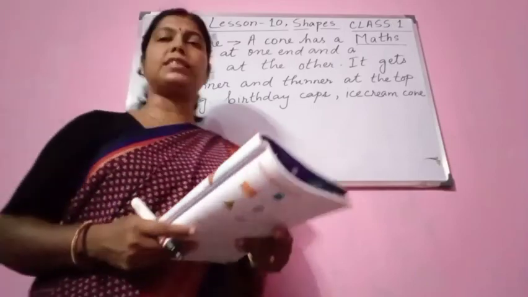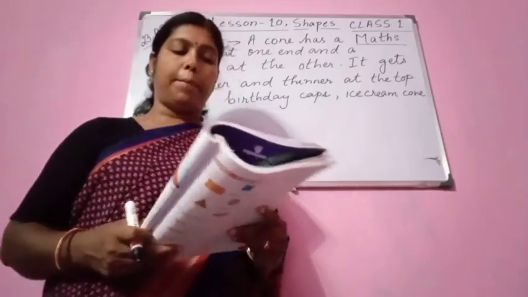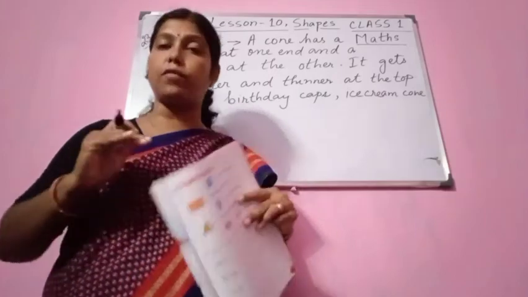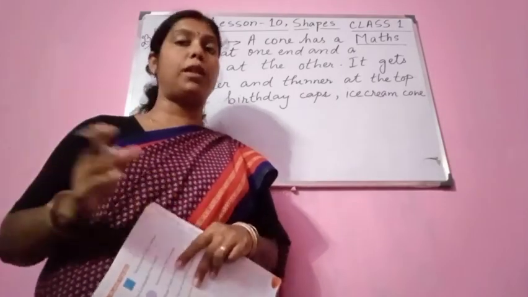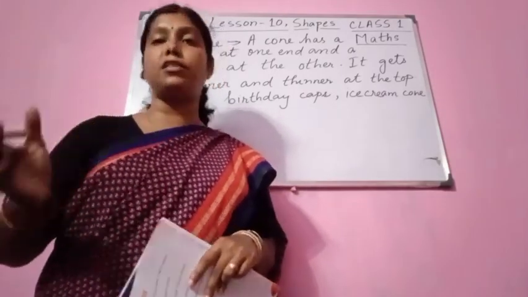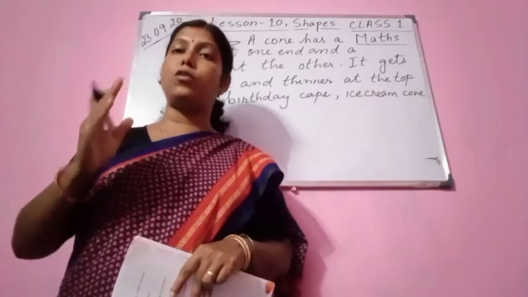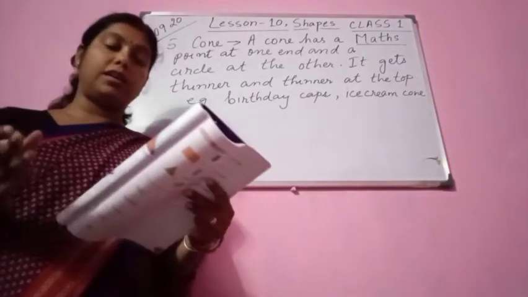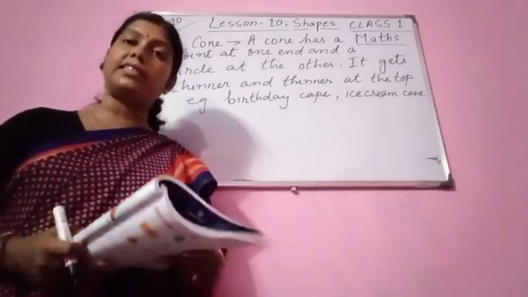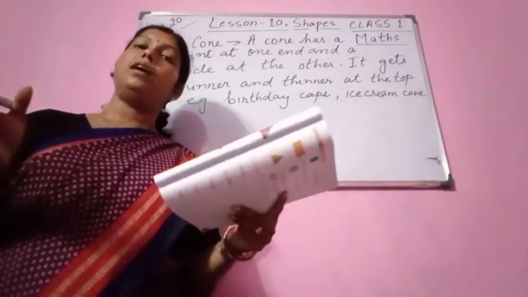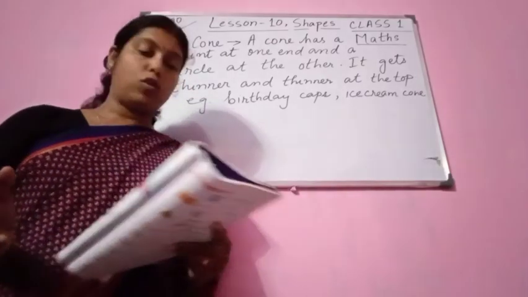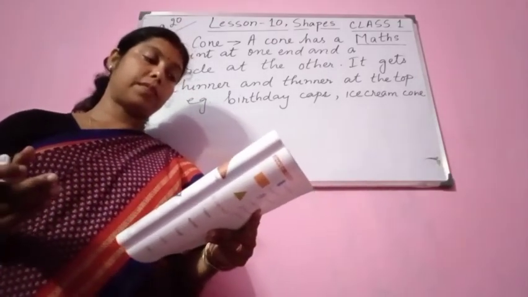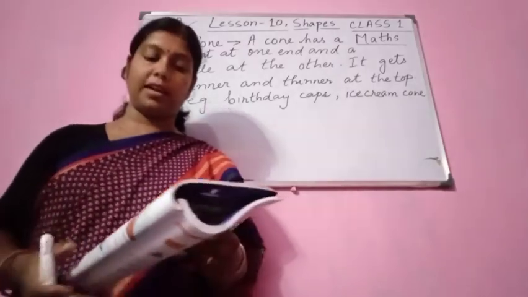Okay, so we will discuss this in our next class also. But you should know which are the things which can roll easily. The things which can roll easily, the shapes will be like cylinder. And the shapes that can slide easily, the shapes will be like cube or cuboid. Okay, so please keep in mind and do as directed in the class.